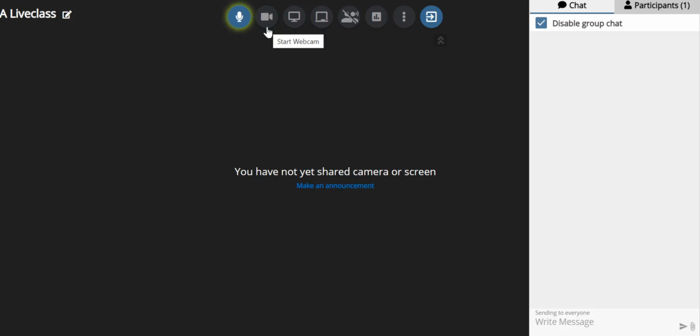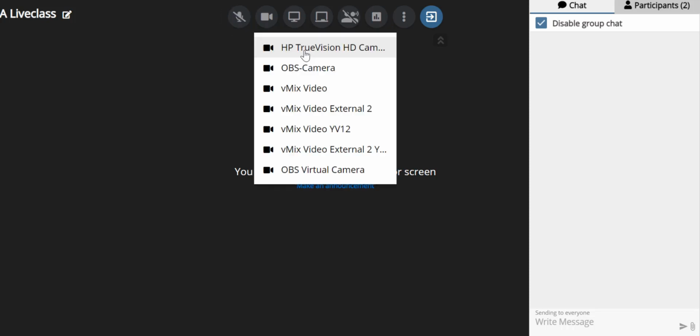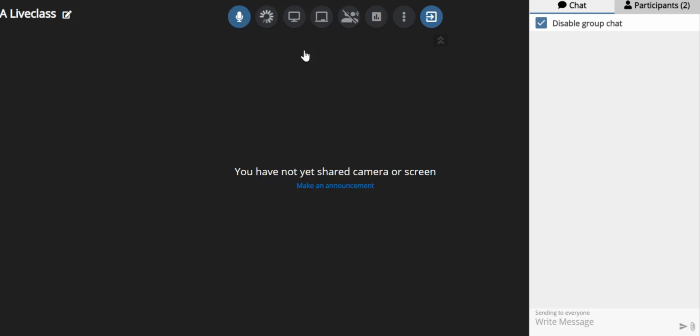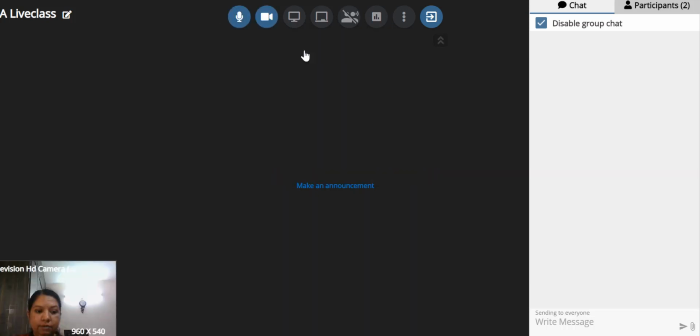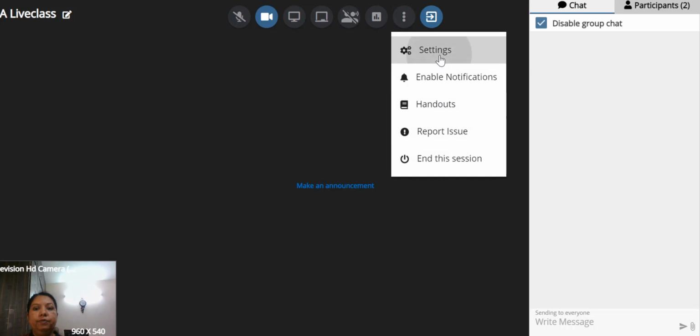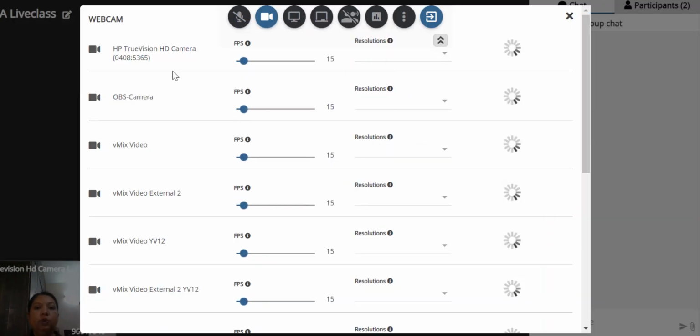Now you also have to turn on your webcam. Select the camera of the laptop. As soon as you turn on your camera, you can see your video. So if you are starting your camera, the mic will automatically get switched on. So if you have any problems in starting your camera, please check the settings which will be available here in the settings page. So you can do the checking of your settings in this page.